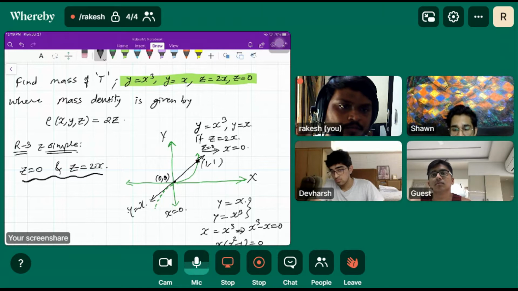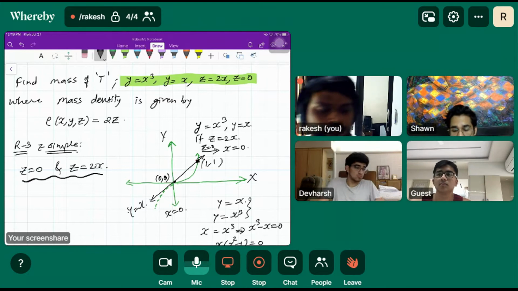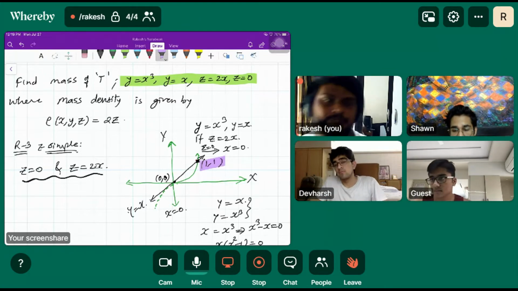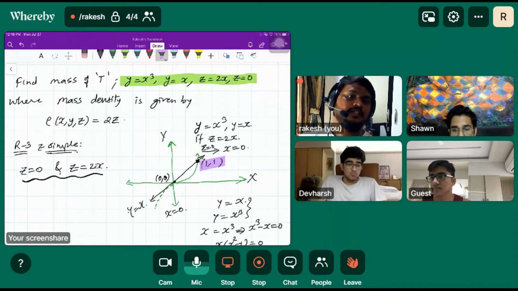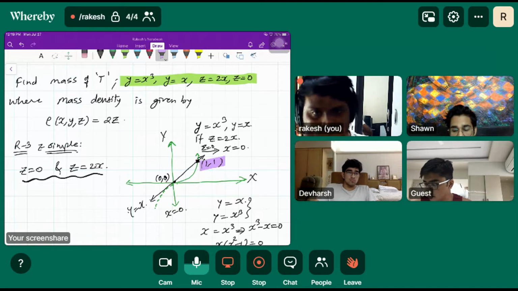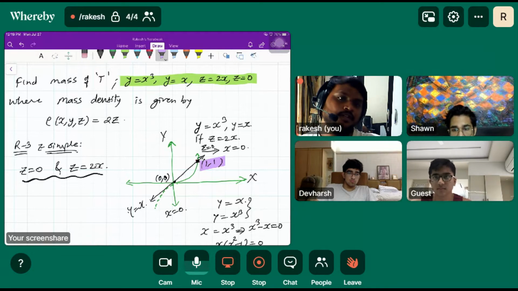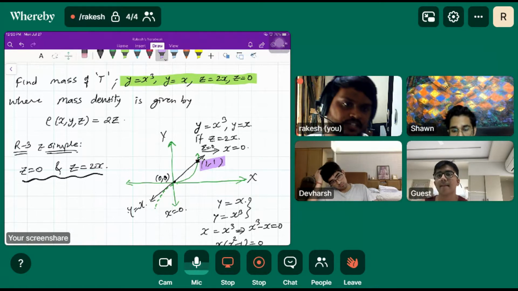Are you getting that? Both z values are 0. If you put (x, y) equal to (0, 0), both z values are 0. So we will plug in (1, 1). Once you plug in (1, 1), it will let us know which function is lower and which one is above. If you plug in (1, 1), z is equal to 0 and z is equal to 2. Are you getting that? So this is also one of the ideas to find out which one is the lower function and which one is the upper function, right?